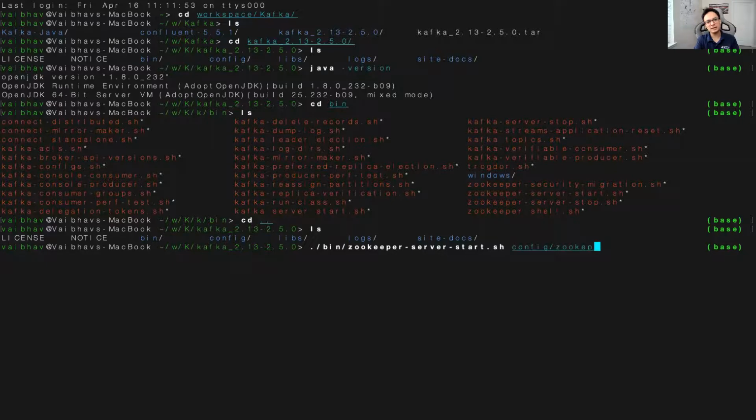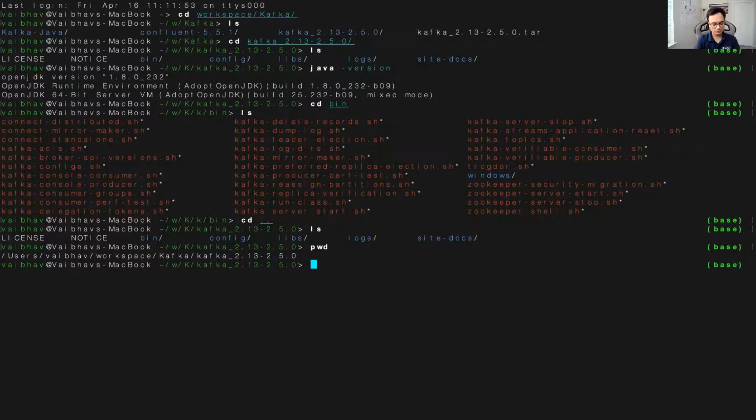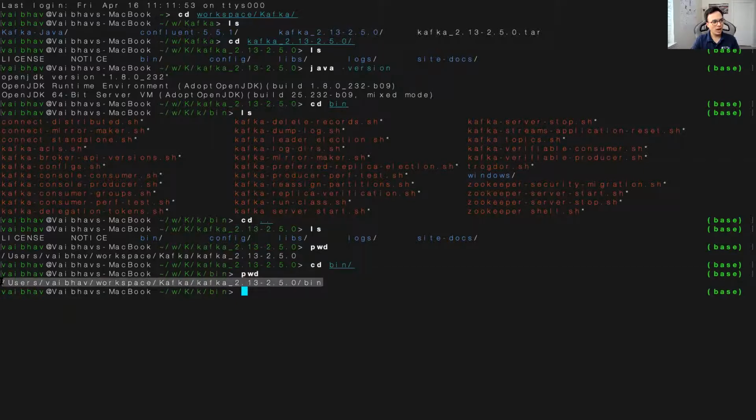One way to mitigate that is to add this bin path to your bash profile. I'm using fish, so I can add this bin path to my config fish profile, and I don't have to come to this directory to always start my Zookeeper or my Kafka server. I can start it from anywhere.